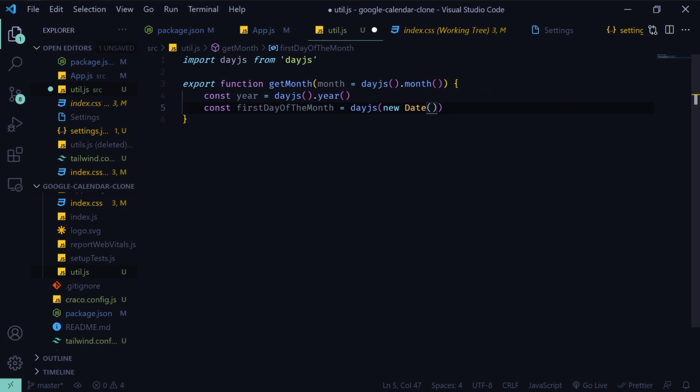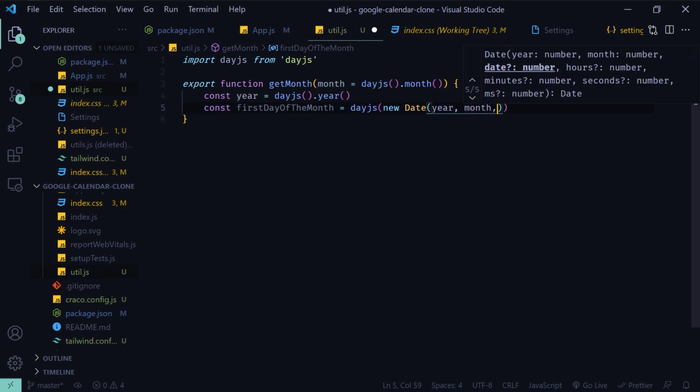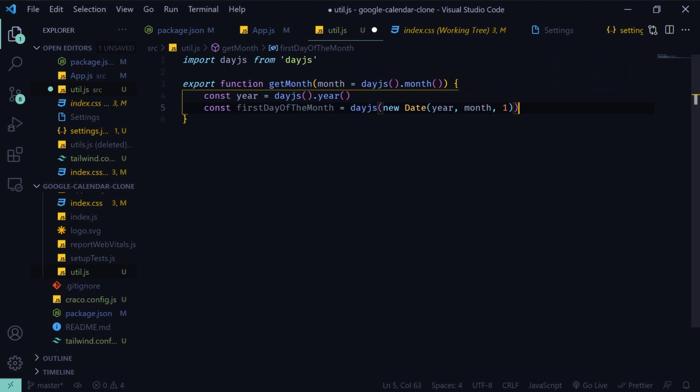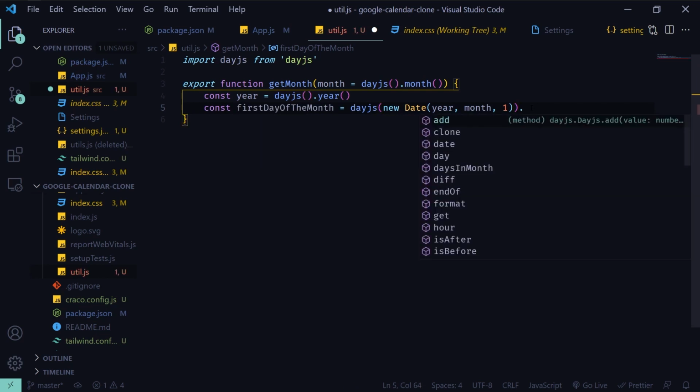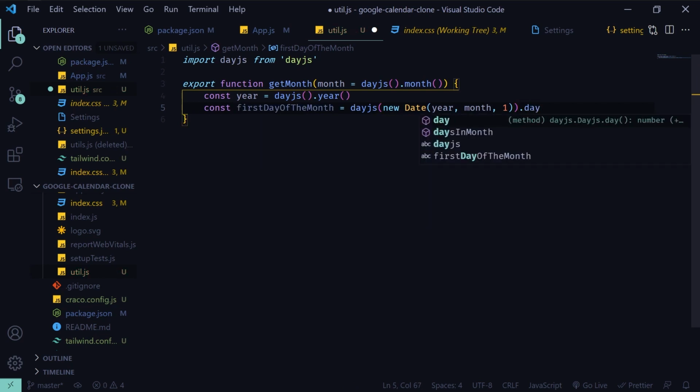So the year is going to be the current year, right? The month is going to be the month that we have as a parameter, and the day is going to be the first one. So this is going to create a new dayjs object that represents the first day of the month. And here, from the dayjs library, we can just invoke the date